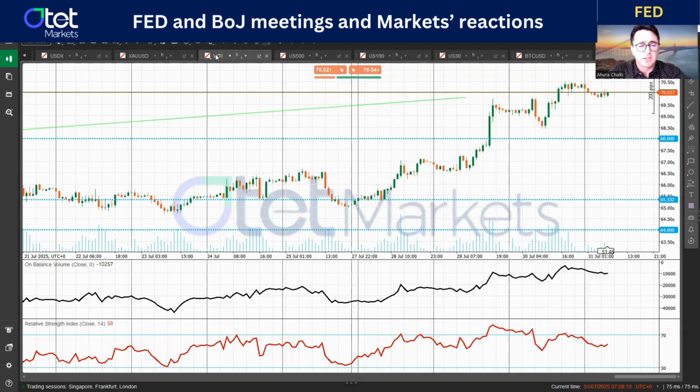Yesterday we also had the EIA weekly report, which shows that the US oil reserve increased by more than 7 million barrels the previous week. That could be negative for the oil price and could limit its increase. Oil price could be around $68 to $70 for now, not higher, not lower.